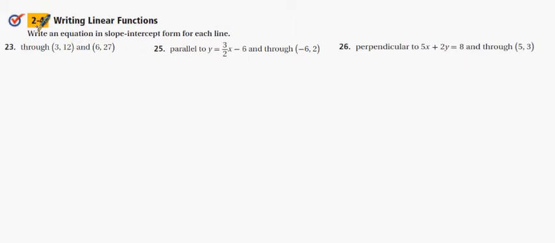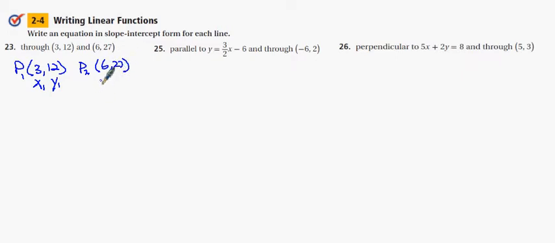The instructions here are to write an equation in slope-intercept form for each line. So first we are given two points. My first point contains the coordinates 3, 12. We'll call that point 1, so the 3 would be x1 and 12 would be y1. My second point, point 2, contains the coordinates 6, 27,